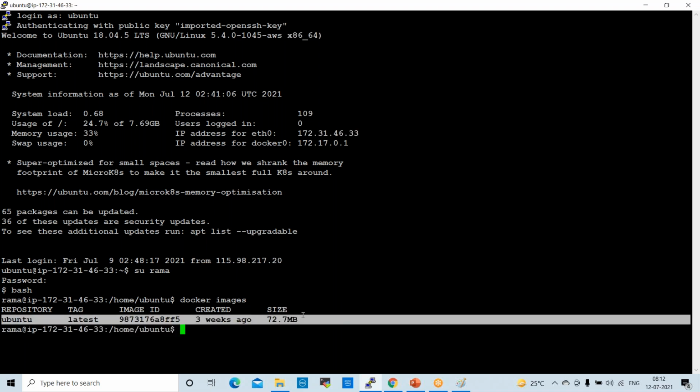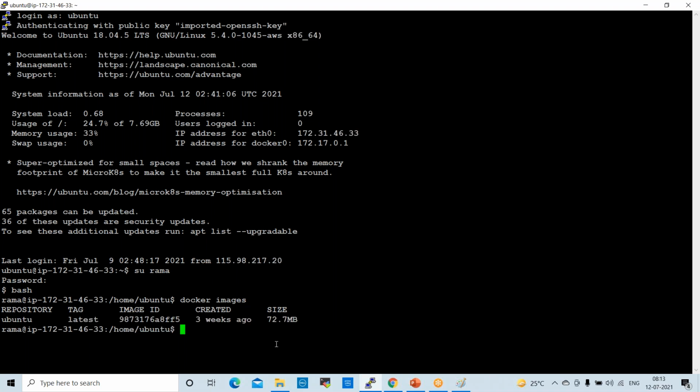Basically, this is like an operating system, like an ISO image. On top of this, we will run containers. The command to download this image is docker pull ubuntu. Once we execute this command, the Docker Ubuntu image will be downloaded to your local machine, right?